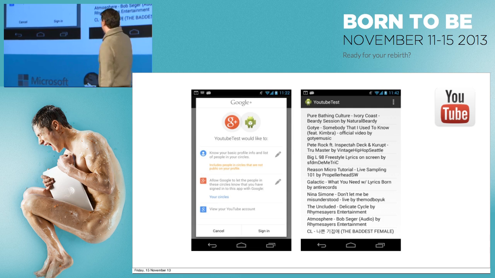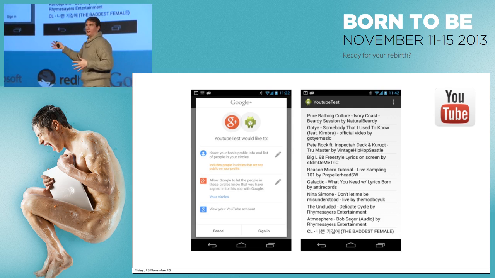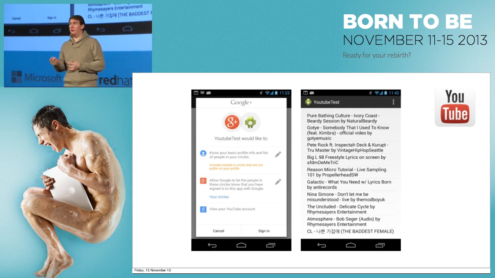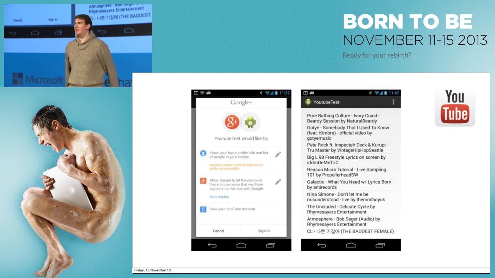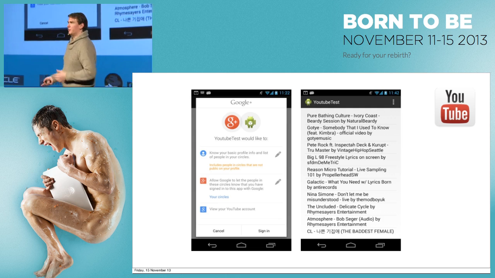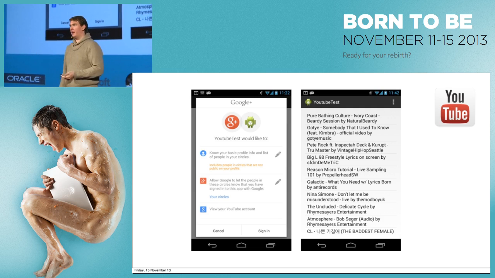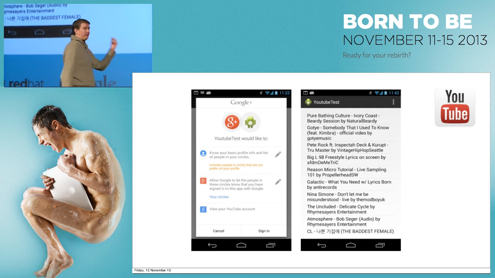Like here, all I'm doing is retrieving out of my likes playlist all of the videos in the music category, which is a pretty good proxy for music videos. So if I was building a music listening app, I could retrieve that and I'd have a great list of search terms to plug into some playlist generator, to plug into some search engine, to default for the user. I could give the user a tailored experience when it was the very first time they'd entered my app. That's cool, right? It's one extra scope, and now I have access to this information.